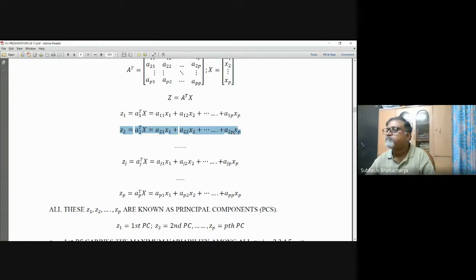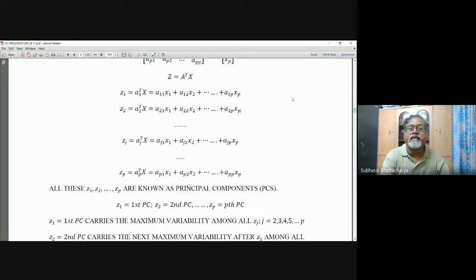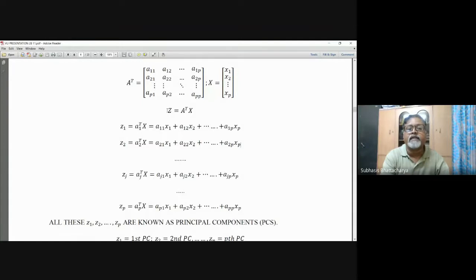For example, you may say that Z1 is the first principal component, Z2 is the second principal component, Zp is the pth principal component. Now you can calculate their variabilities, their variances. Z1, Z2 are arranged in such a way that when I do the principal component, from the relation Z is equal to A transpose X, if you derive Z1, then Z2, Z3, and so on up to Zp, they are derived in such a way that